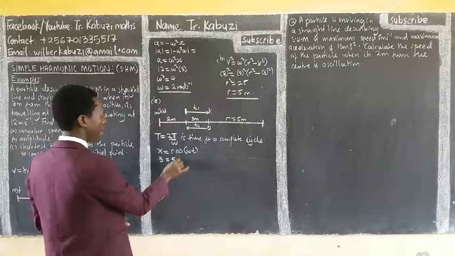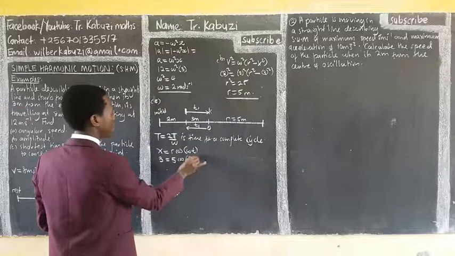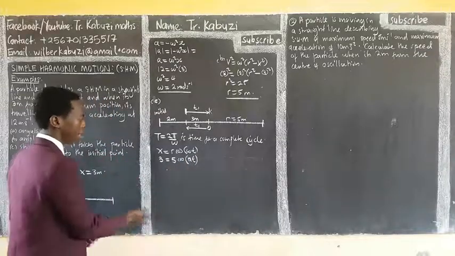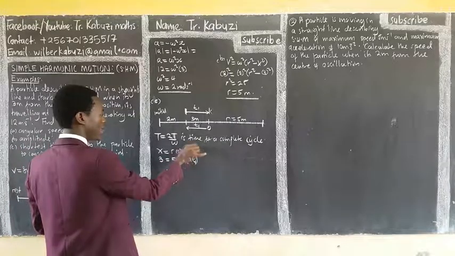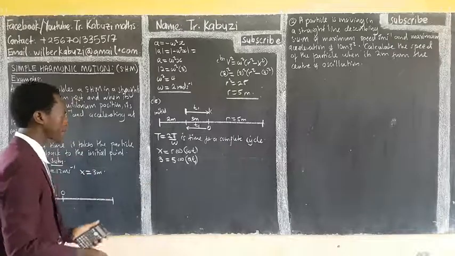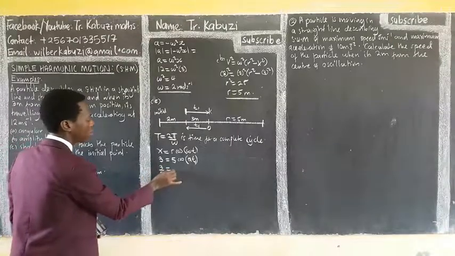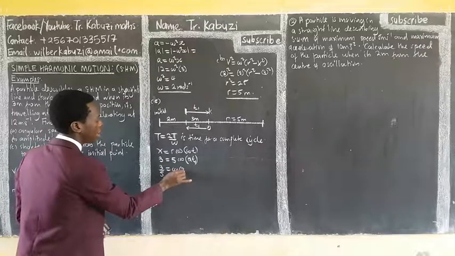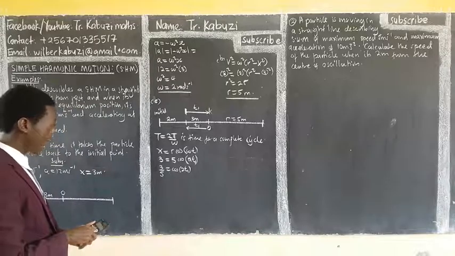So here I'm going to have cos of 2t. I want to get this t. So from here I see my time I'm going to use is T1, which I'm going to use to cover there. So getting this now, I have 3 over 5 equaling cos 2t1. So if I simplify that, I'll be having now